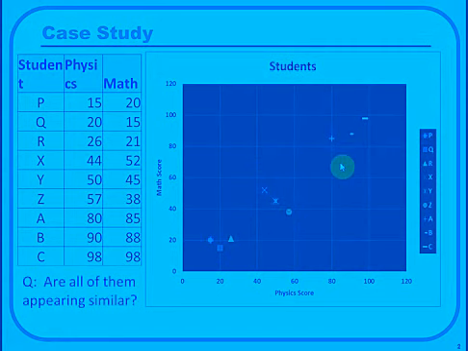And these three are similar in some sense. The other thing is that, though all these three are similar to each other, any object of this group is very dissimilar to any object of this group. So these three are similar to each other, these three are similar to each other, these are X, Y, Z, and ABC are similar to each other. But if you take any object from this group, A, B, or C, and you take any object of this group or this group, they are very dissimilar.